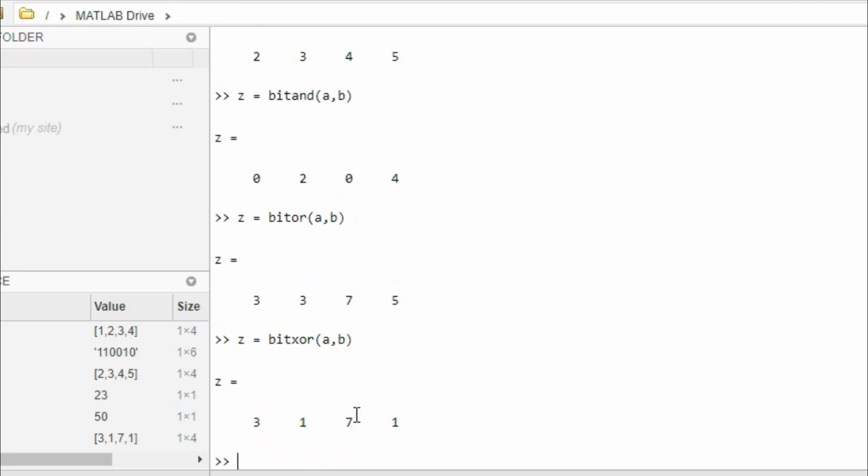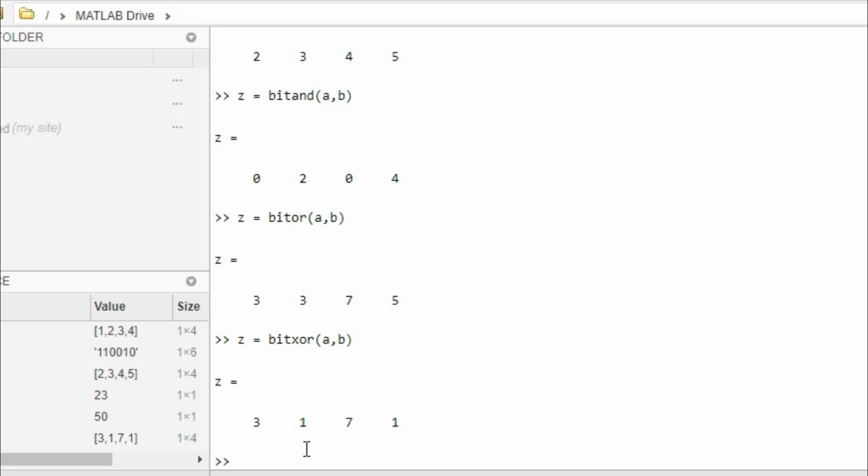It gives 3 1 7 1. If you want to check in binary format how it is done, you can check it. Because of lack of time, I am not doing that.